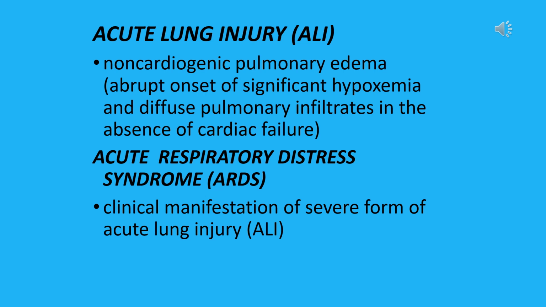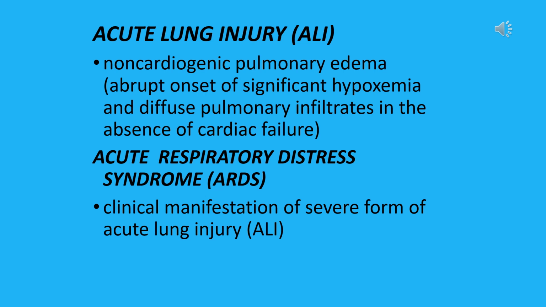Acute lung injury is a disorder of acute inflammation that causes disruption of the lung endothelial and epithelial barriers. Meanwhile, ARDS, or your acute respiratory distress syndrome, is the clinical manifestation of severe acute lung injury, wherein you have